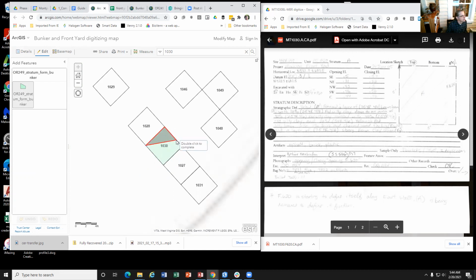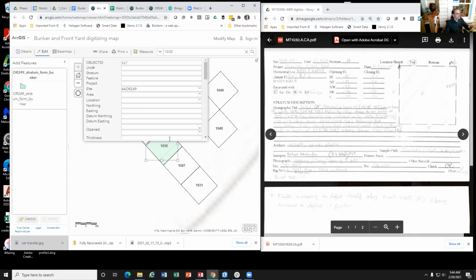I'm going to go down to about right here, and this is about where this edge is, right before this G. And I'm going to click it right here because this strata doesn't go all the way to the corner, and then go straight down to here and double click, and this is our strata A. And then once you double click, the form comes up to enter all the information in.